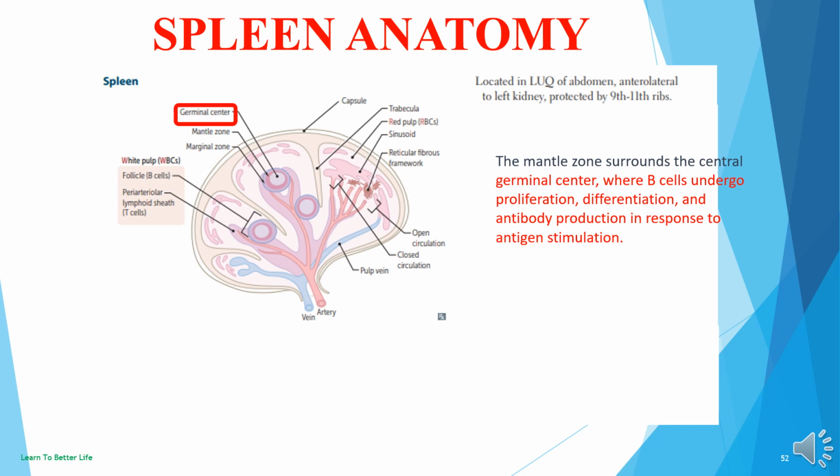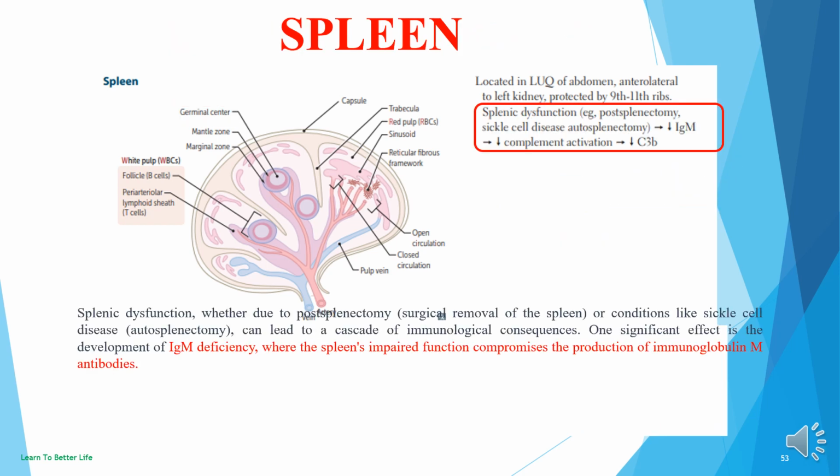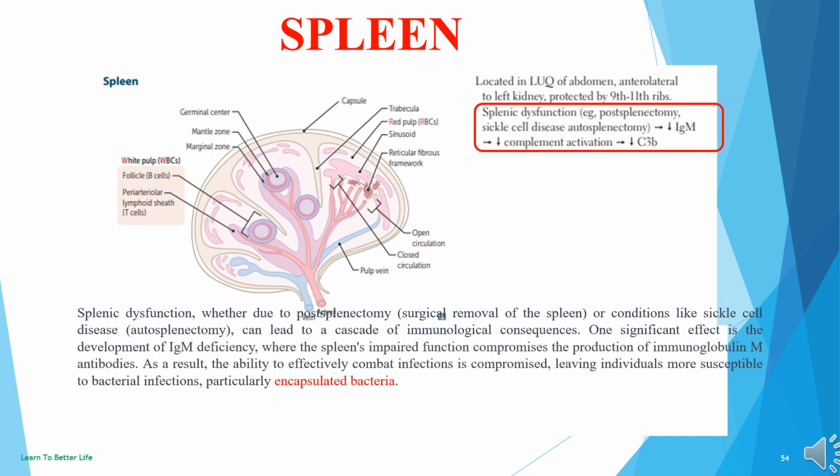response to antigen stimulation. Splenic dysfunction, whether due to post-splenectomy, surgical removal of the spleen, or conditions like sickle cell disease, autosplenectomy, can lead to a cascade of immunological consequences. One significant effect is the development of IgM deficiency, where the spleen's impaired function compromises the production of immunoglobulin M antibodies. As a result, the ability to effectively combat infections is compromised, leaving individuals more susceptible to bacterial infections, particularly